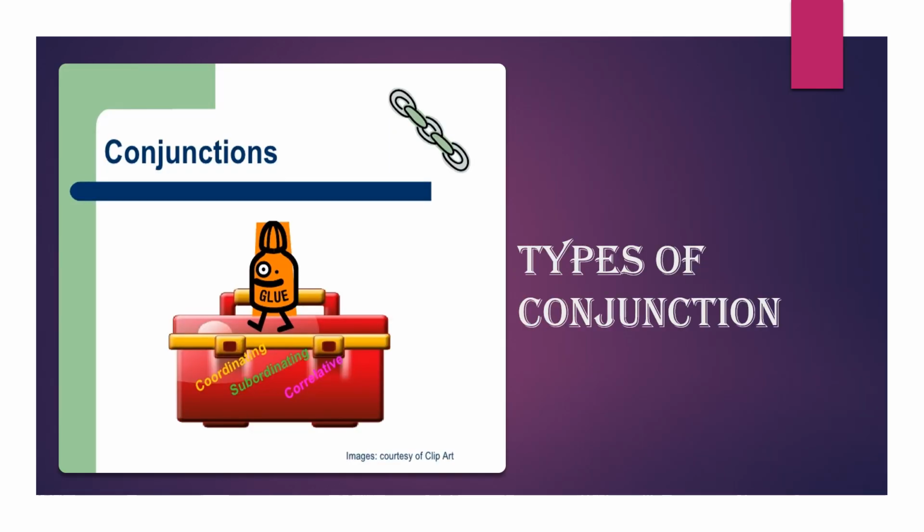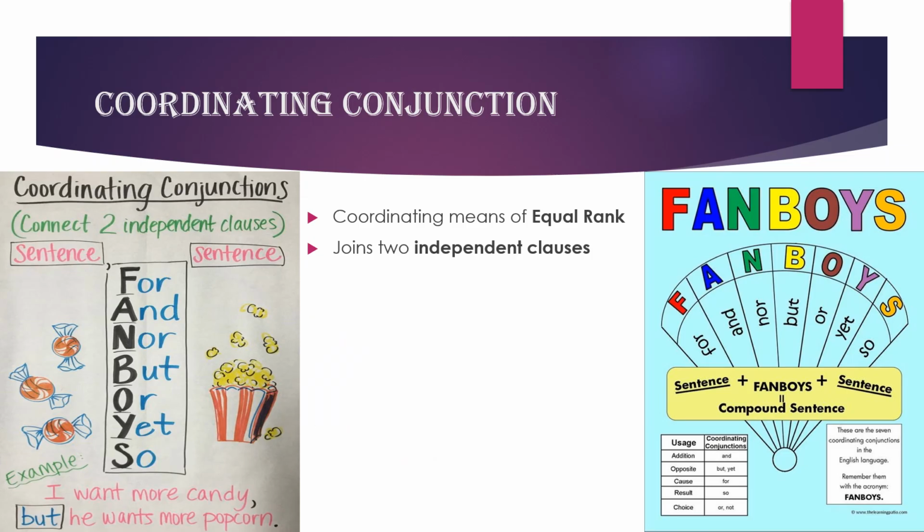If I have to discuss the types of conjunction, primarily conjunctions are of three kinds: coordinating conjunctions, subordinating conjunctions, and correlative conjunctions. For all three categories of conjunctions, they are acting as a glue. They're joining together words, phrases, or clauses. Coordinating conjunctions are those that join words or clauses that have equal rank or that are independent clauses. Independent, again, means those kinds of phrases that do not rely or depend upon another phrase in the sentence to complete